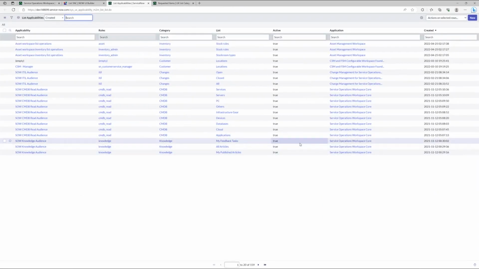What this applicability is doing is linking an audience to that specific list to give them access to it. What you see over here is a bunch of existing audiences. For today, I'm just going to use one of those existing ones because it has the role that I need. There's already an audience called SOW ITIL audience, and it's associated with the ITIL role. So anyone with that role will be able to get access to this once I associate this audience with my new list. So I'm going to come over here and click on New